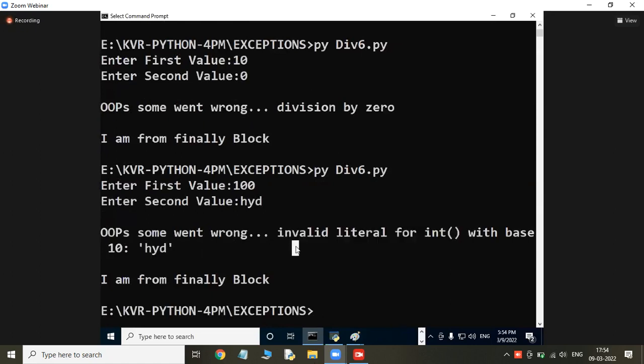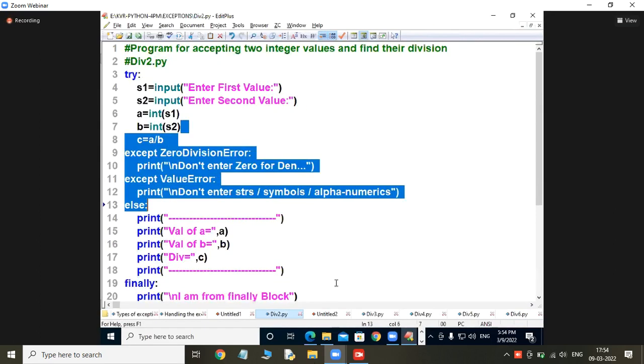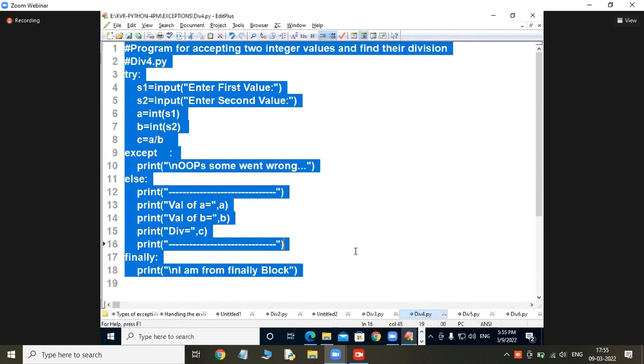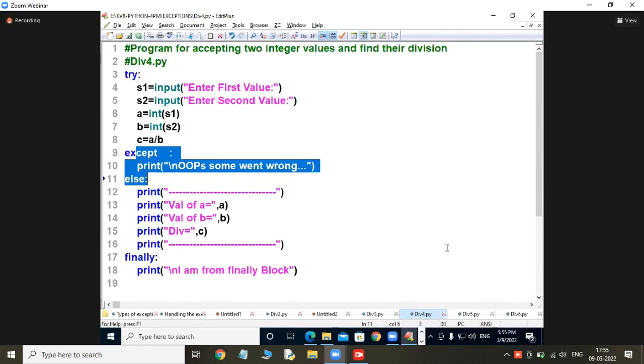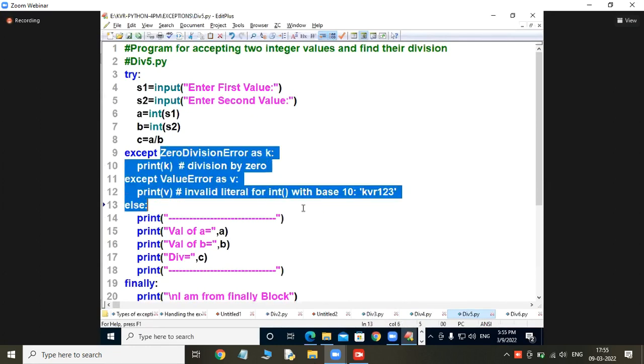Beautiful. I am taking base and then exception E. See how many ways? Are you following? Good. Now you see DIV1, DIV2. This is the best order. This is also the best order. Also best order. This is not recommended. This is not recommended. This is also recommended. This is also recommended. If you are interested, you can go.